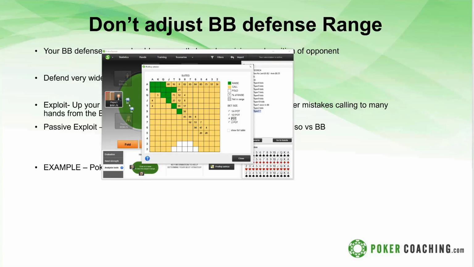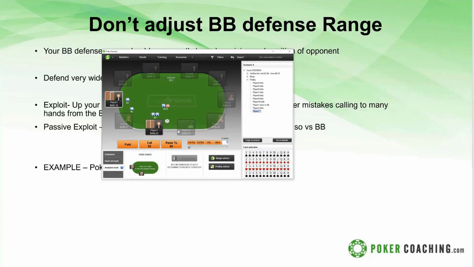The key thing here is against a button, it's defending almost any 2 cards. Now, I'm not going to defend any 2 cards, but that's the type of thing. Against a bad player on the button that's opening really wide, that doesn't play aggressively enough post-flop, you can get away with defending almost any 2 against a min raise. And then let's back it up, and I'll get to the questions really quick.